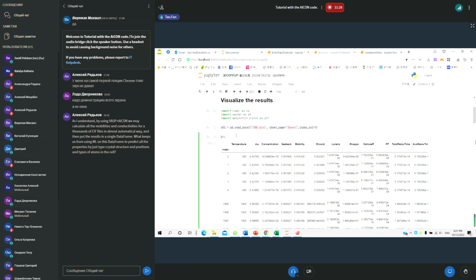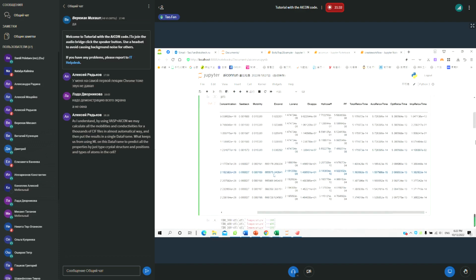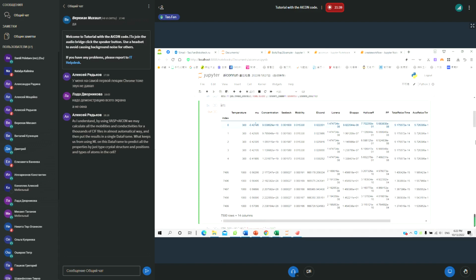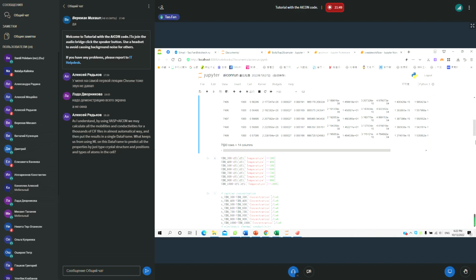Here I show the files already read. It's a calculation running under the standard mode. So this is the result. There are 7,500 lines,